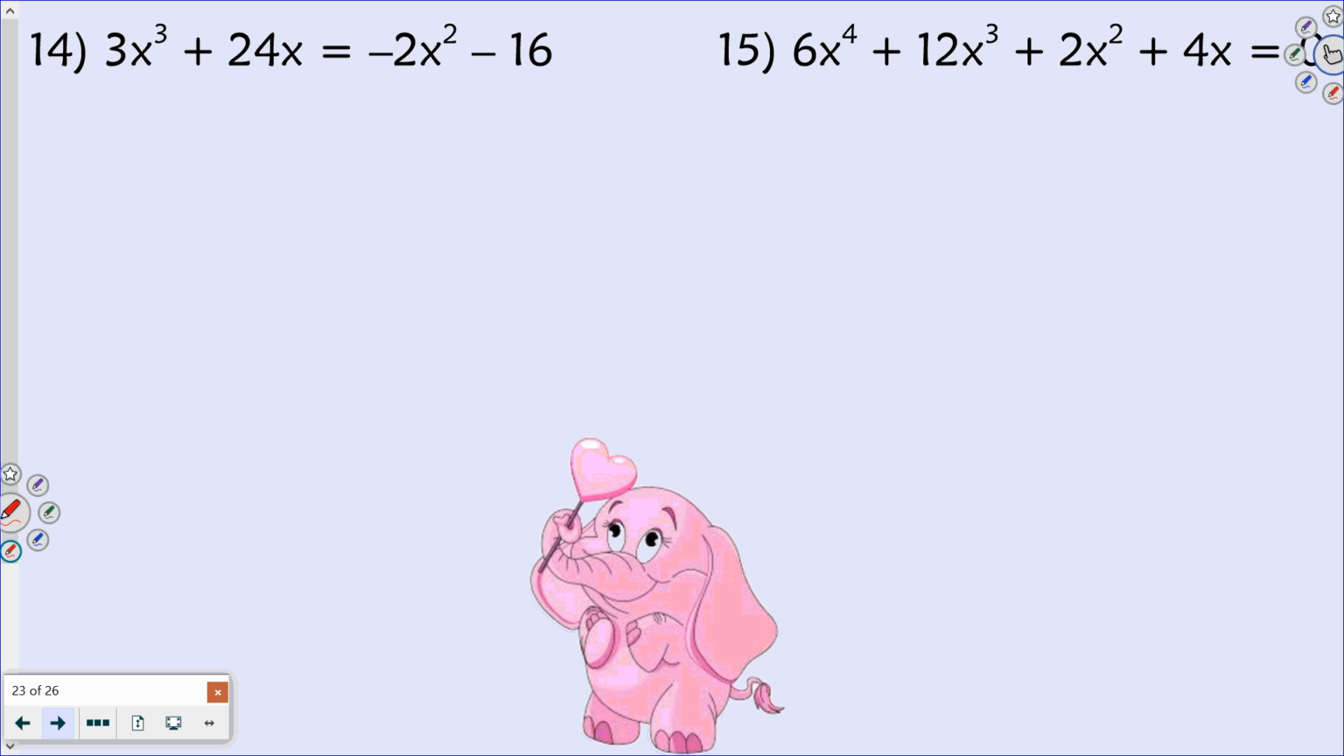Let's look at 15. We'll skip 14. Let's look at 15, though. I know things show up here, so I want to make sure we talk about it. So 15 is already set equal to 0. So we have 4 terms. So I'm going to go ahead and do grouping. So first two, last two. GCF is,